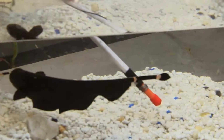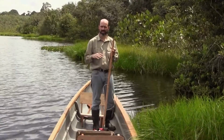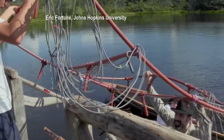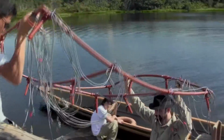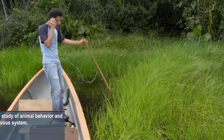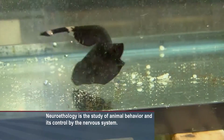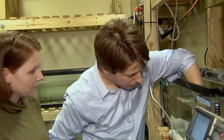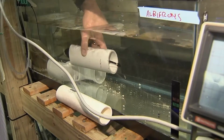These fish are unique in that they produce and detect electric fields, and they use these electric fields in social communication and to detect objects. With support from the National Science Foundation, neuroethologist Eric Fortune traveled to Ecuador to study the weakly electric knifefish in its native habitat. Back at Johns Hopkins University, his research partner, mechanical engineer Noah Cowan, and others are studying the